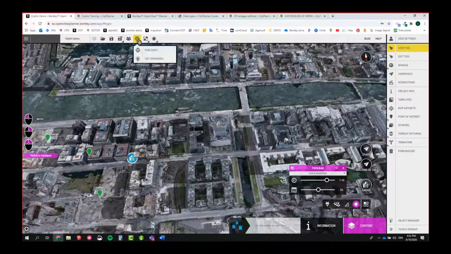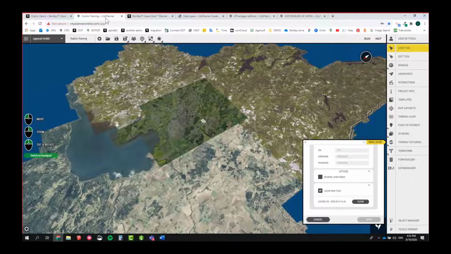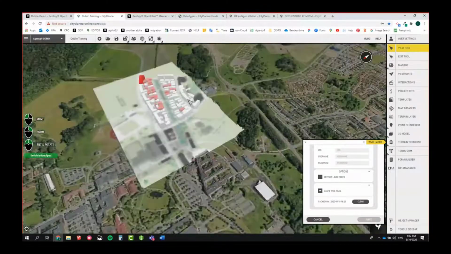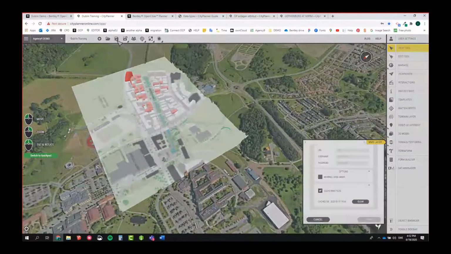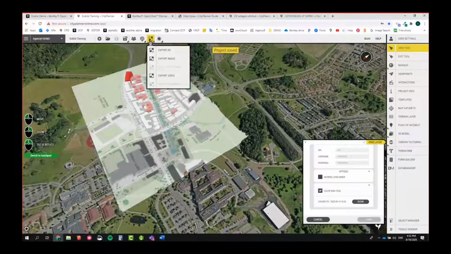Another thing, export. Export is pretty important. I think I'll jump in here with Export 3D. First, I have to save. The reason why I'm jumping here is because I can export a 3D model here, but I can't export a 3D model here,